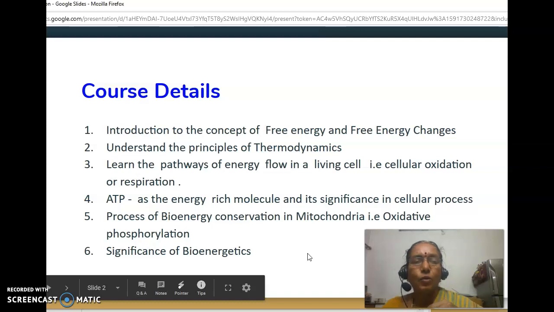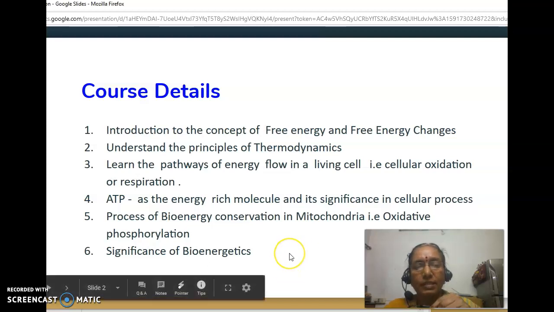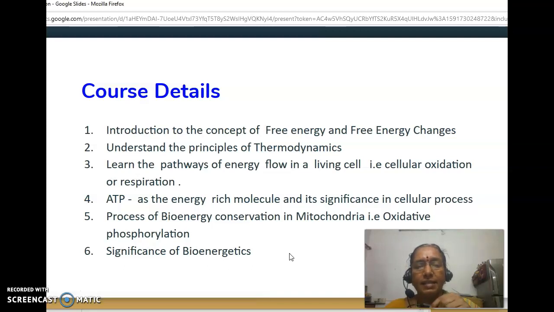The details of this course: we have an introduction to the concept of free energy and free energy changes, understand the principles of thermodynamics, then learn the pathways, how the energy will flow inside a living cell. That is basically the oxidation or respiration pathways. Then we will also learn how ATP, that is the energy currency of the cell, is synthesized and